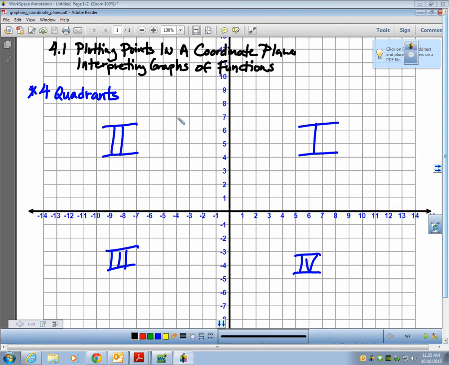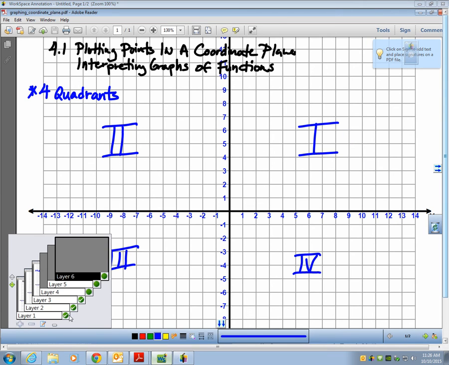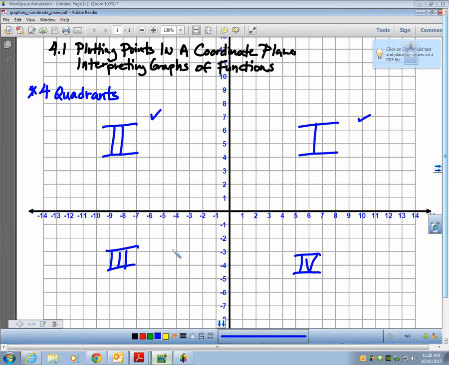This picture I'm sure you've seen many times. We've done graphing on this sort of picture. This is called a coordinate plane. There are four quadrants in this plane, and you can see them clearly here. Quadrant 1 is in the upper right-hand corner. So quadrant 1 is right here. And then I labeled quadrant 2, which is in the upper left-hand corner,